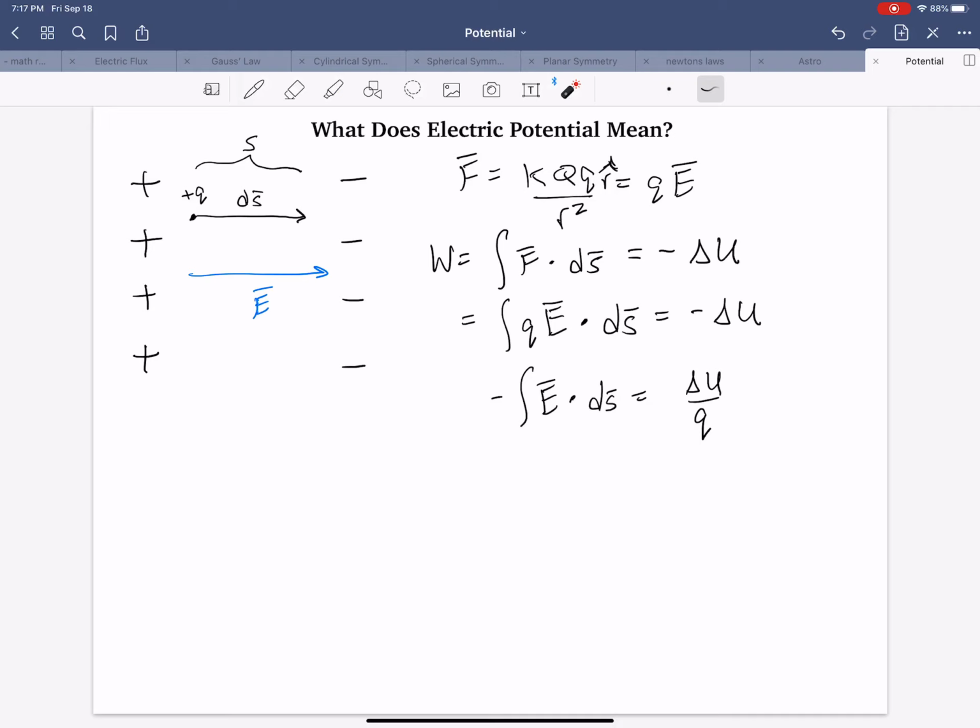Okay? And so if it moves from left to right, what I'm saying is that it should decrease in potential energy. Right? It should decrease in potential energy. And this negative sign here tells us that. Okay? As a particle goes from the left side to the right side in the same direction as the electric field, so E and ds are in the same direction, therefore the angle in between them is 0,